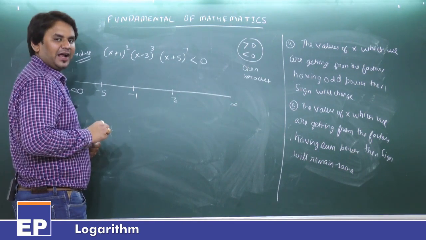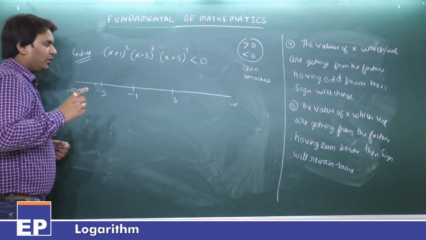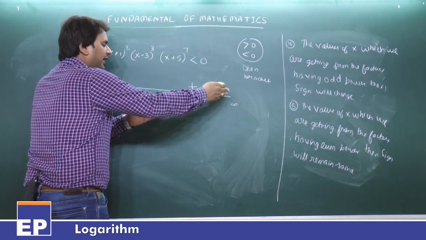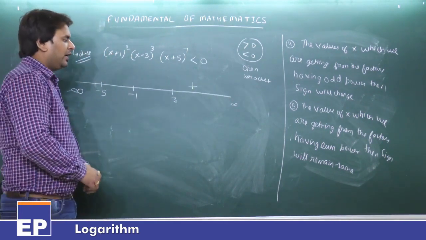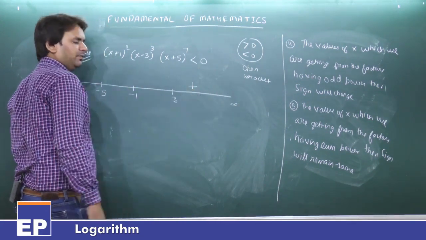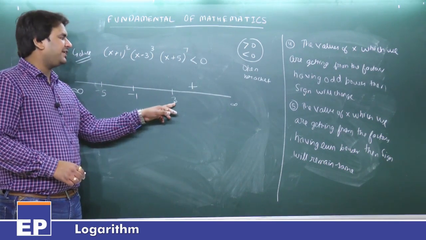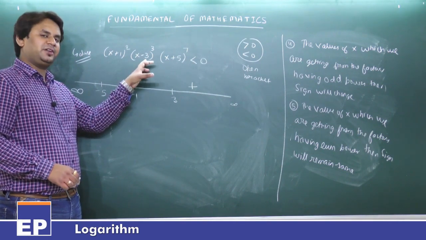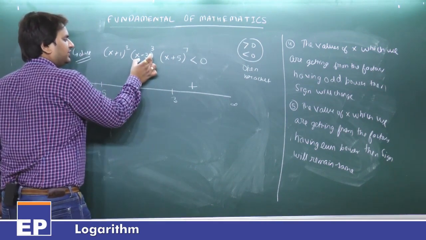You have to start from the rightmost side with the positive sign, which we have studied in the rules to follow in the wavy curve method. Okay, this is the plus sign, because this is the rightmost side, and on the rightmost side you have to start with plus sign. Now we are starting from infinity to 3. From infinity to 3, it is plus sign. When we reach 3, what will happen? We will see from where we are getting 3. We are getting 3 from this factor, (x minus 3) whole cube.